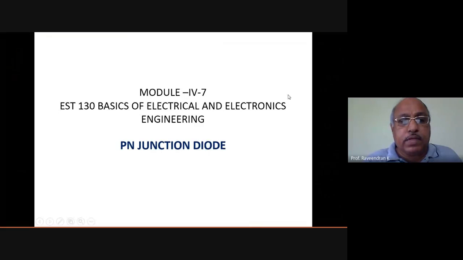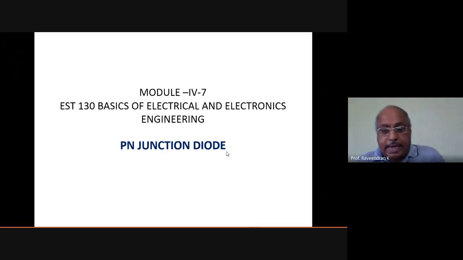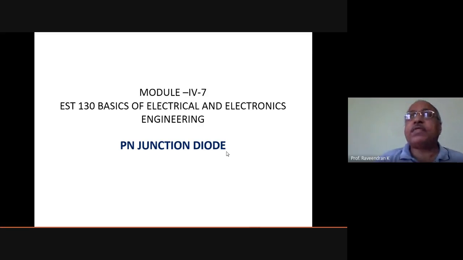So here, this is a discussion about the PN junction diode. Why do we learn about intrinsic semiconductors and extrinsic semiconductors? Because we have N-type semiconductor material and P-type semiconductor material. By using these two types of semiconductor material, if we form a junction, that particular junction can show a